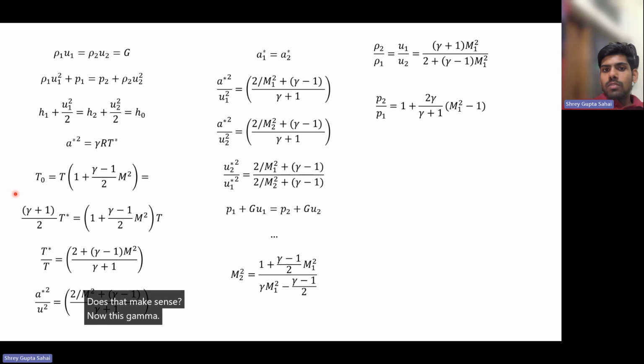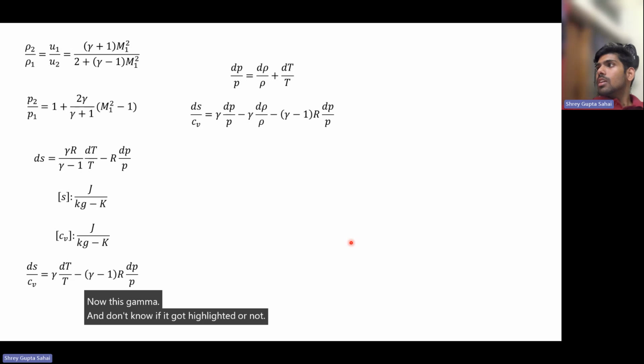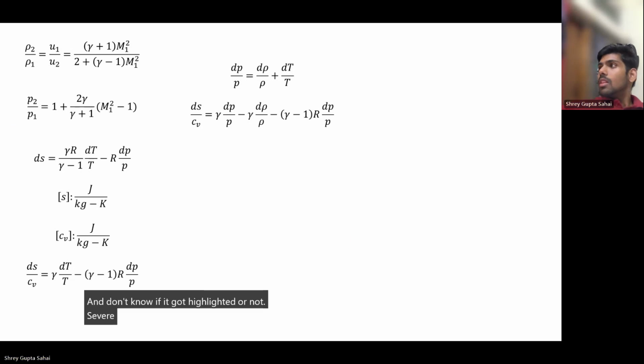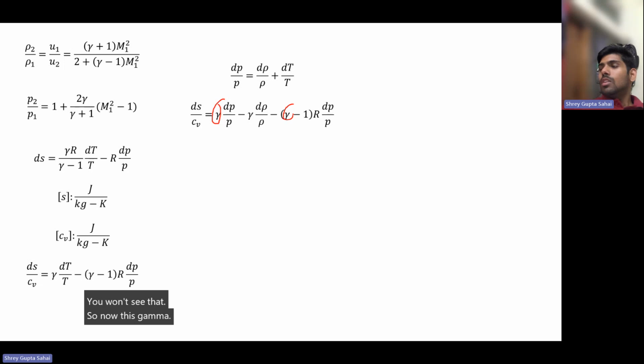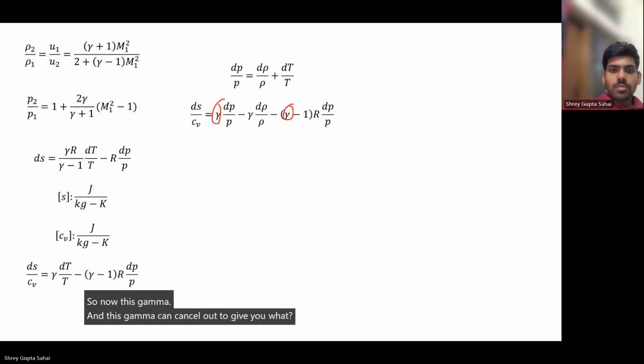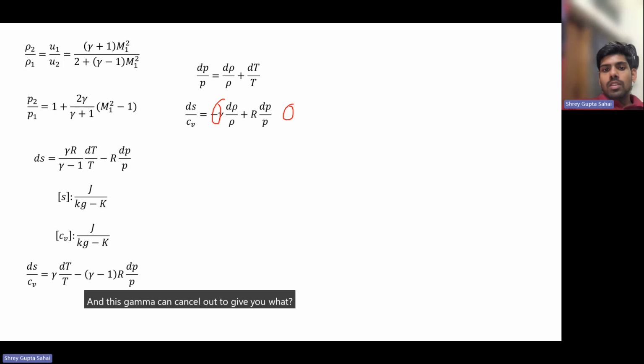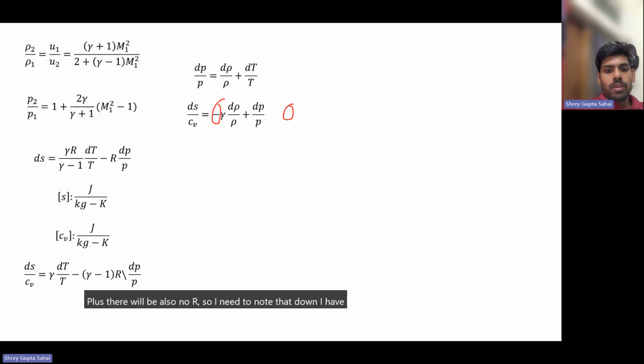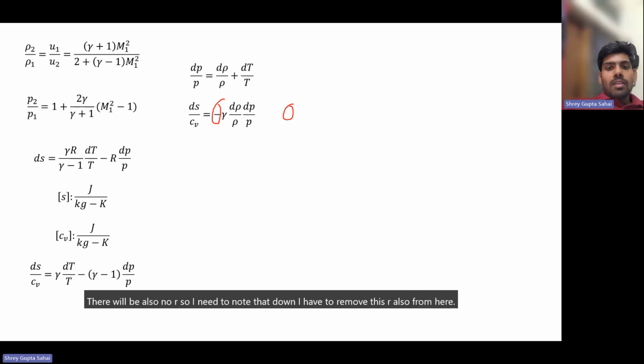and I don't know if it got highlighted or not. See, we are here. So now this gamma and this gamma can cancel out to give you what? Plus. There will be also no R. So I need to note that down. I have to remove this R also from here. So you have this relation